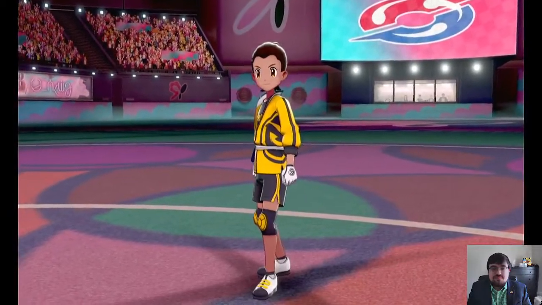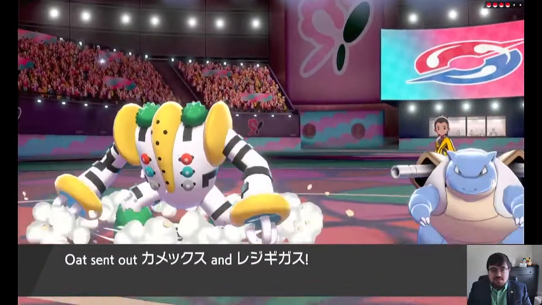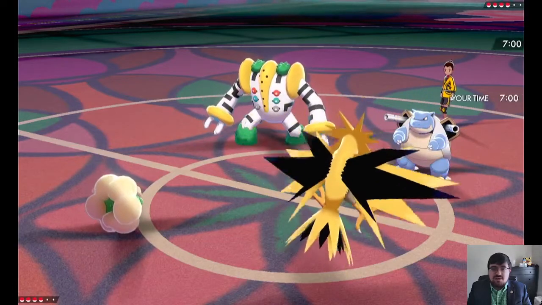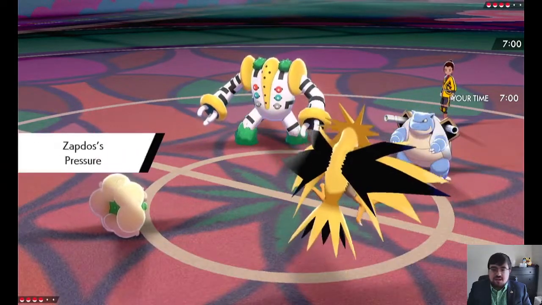Alrighty. Nice Fairy-type stadium. I wish you could pick your stadium. Oh! It's a very interesting lead. He might be doing this because I know that this Regigigas has Wide Guard. So maybe he was trying to play around me leading on